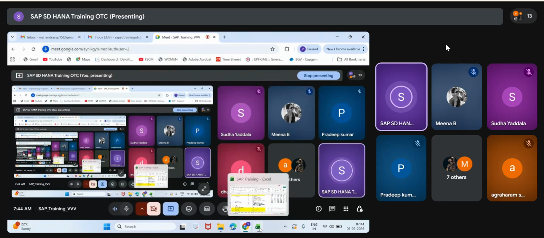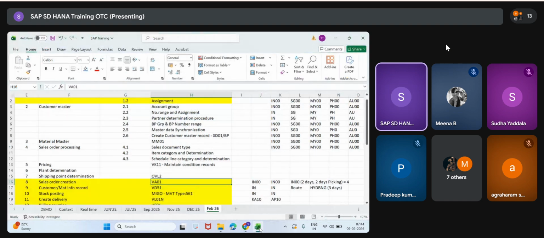So we have a class at 7:15, and you have to join at 7:50 only. Why? Because I have a class at 8 o'clock, another batch. That is sharp. You have to join at that time. Otherwise, I will move that 8 o'clock batch to 8:10, and our batch will start at 7:30 if everyone is fine. But 7:30 it will be very sharp, because at 8:10 we have one more batch.